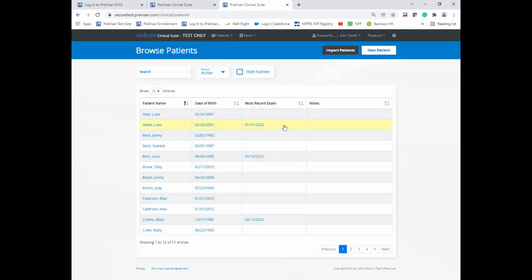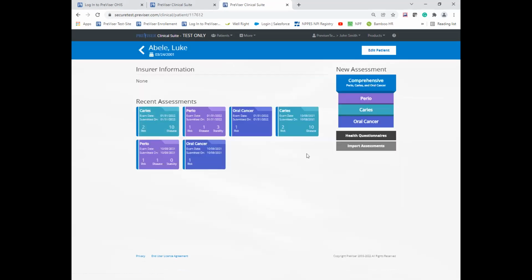You'll notice that the layout has a much more modern feel, but the function is still relatively the same. So I'll point out what's new. The search function: you can now search by patient first name, last name, and date of birth. We've also added an additional HIPAA compliant piece where you can hide the patient first and last names. For today's example, I'll go into patient Luke, and I'll highlight another new feature that we have, which is the